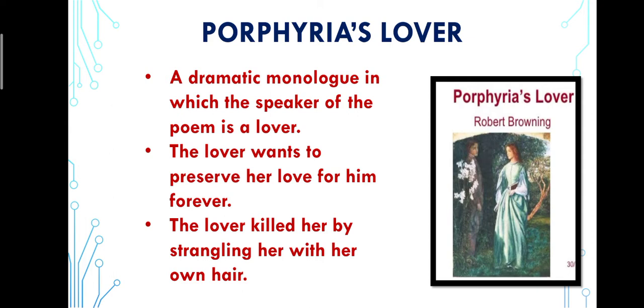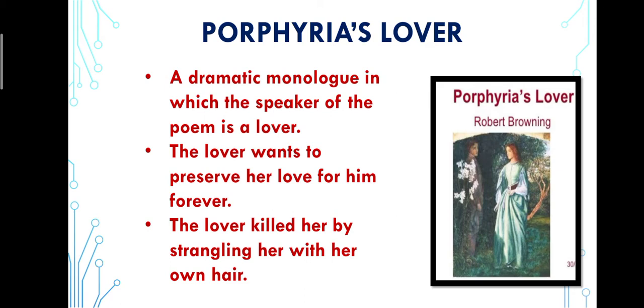So he killed her brutally by strangling her with her own hair. So in this poem, the speaker, the lover, killed his own beloved. The speaker does not mention any kind of struggle or resistance when he puts Porphyria's hair around her neck and tightens it. Of course, the speaker here is an unreliable person. She may have resisted him, but she was in a vulnerable position and she was unable to go against the